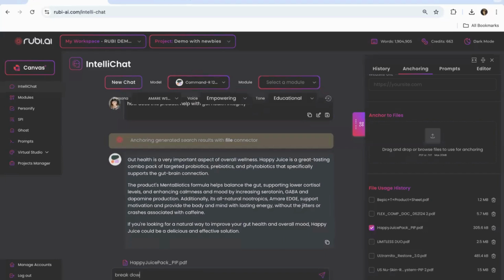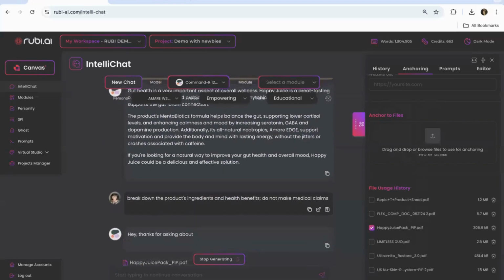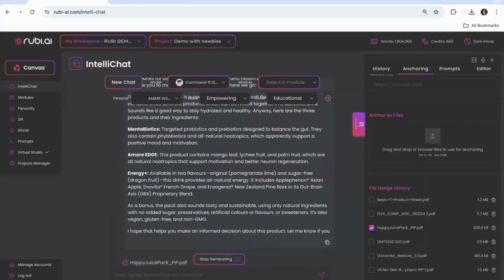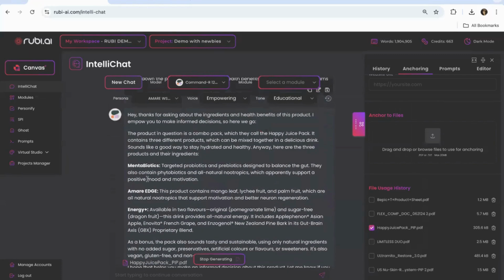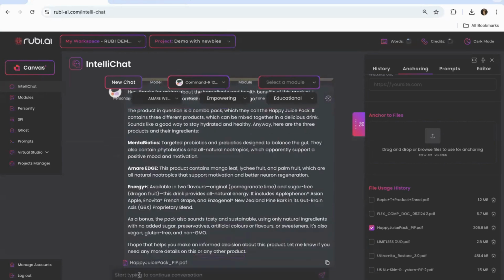Break down the product's ingredients and health benefits. Do not make medical claims. So now I'm taking the PDF and I'm asking for the ingredients. And these are the 3 products that make up Happy Juice based on the anchoring that it did. Now I can say,